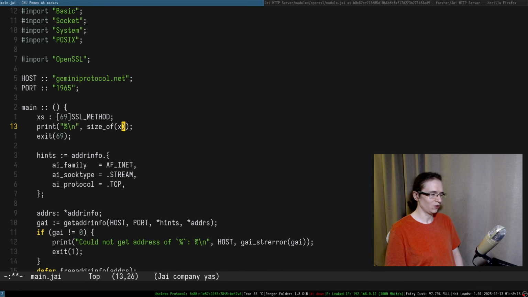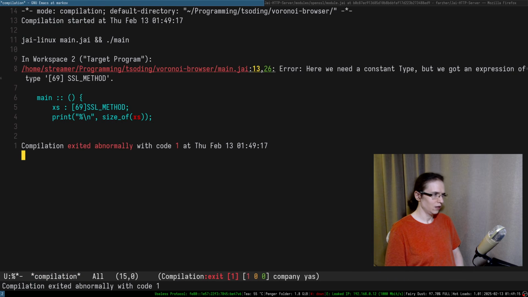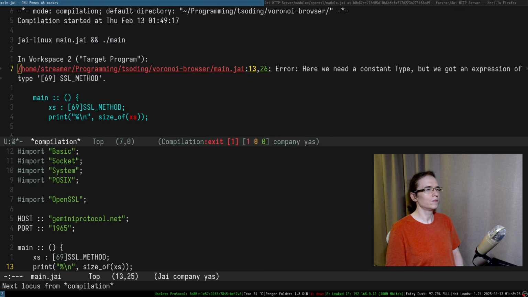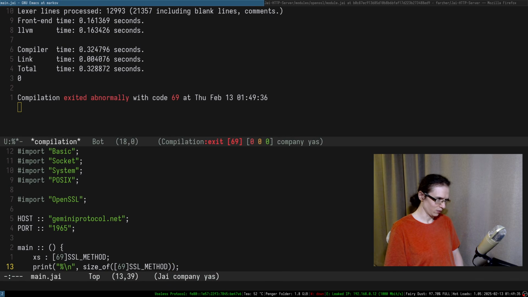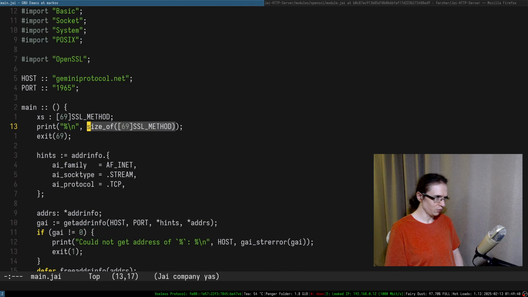And what's the size of access in here? Okay, so here we need a constant type, but we got an expression of type override. So what if I put this kind of thing? So what's the size of this type then? It is 0. Which also implies that if I try to index this entire thing,